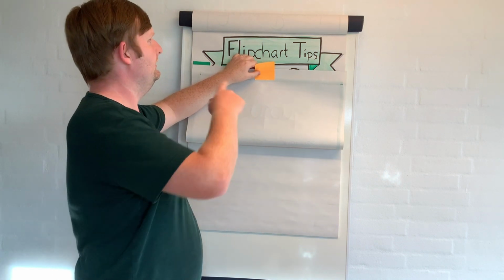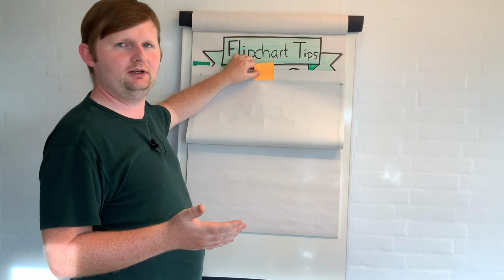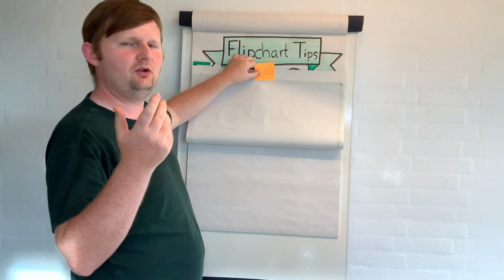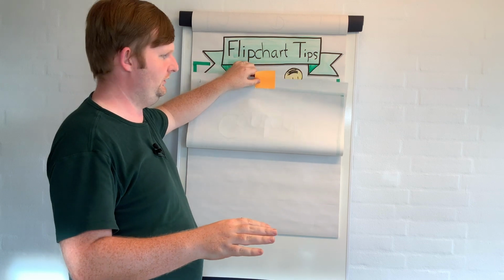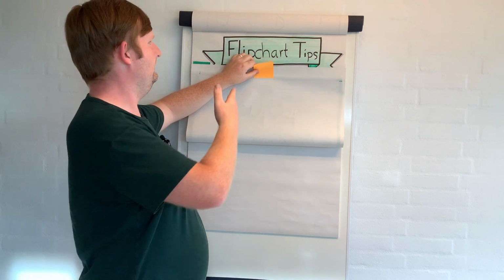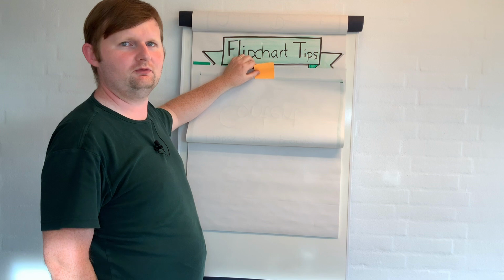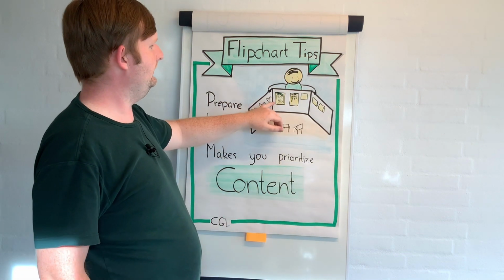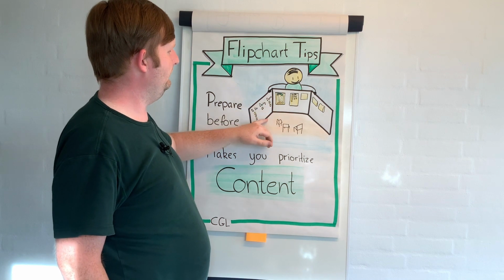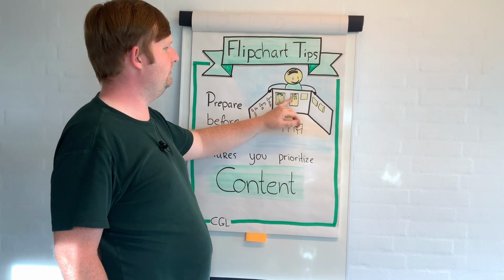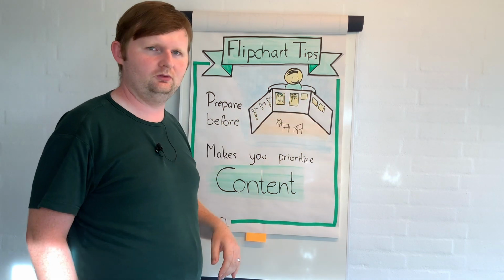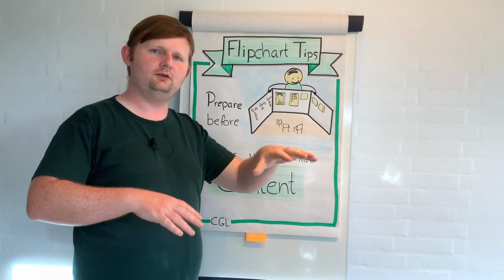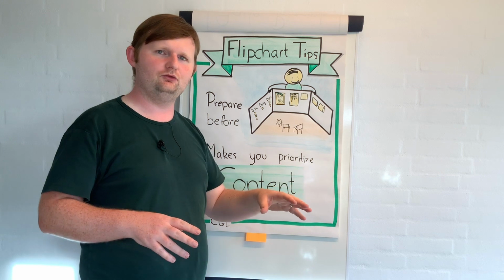The headlines are quite nice because that gives you an idea of what Flipcharts relate to what, if you can't remember it, but also for the participants in the room. And then when I reach this, so let's say that we are going to talk about Flipchart tips, which we are now, is, as I said, if I have my visual agenda on one wall, then distribute the other ones on the walls. And that is quite good because if I have a room with smaller tables and people working in groups,